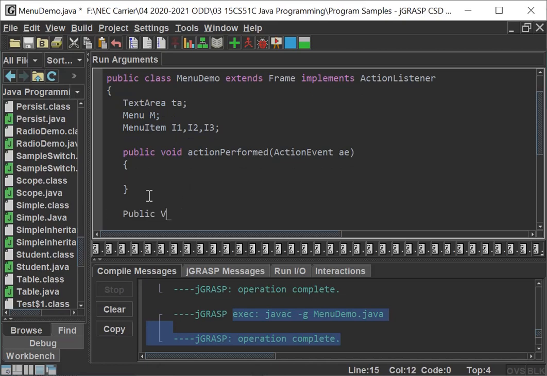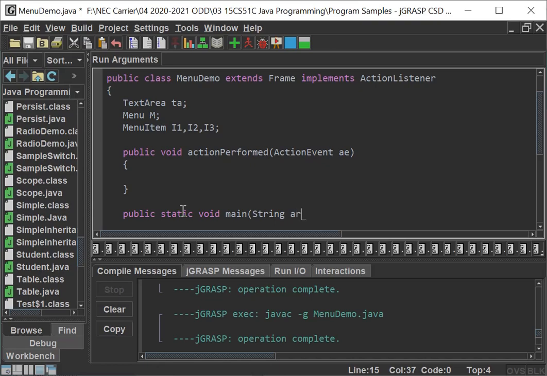Public void main. What will the main function do? It is a static function. That's why I have to give static. Why do we need to give static? Because the main function does not wait for any instance. Without an instance it will get executed. That's why it has to be given as a static one. Clear? Many times we have discussed this, right?